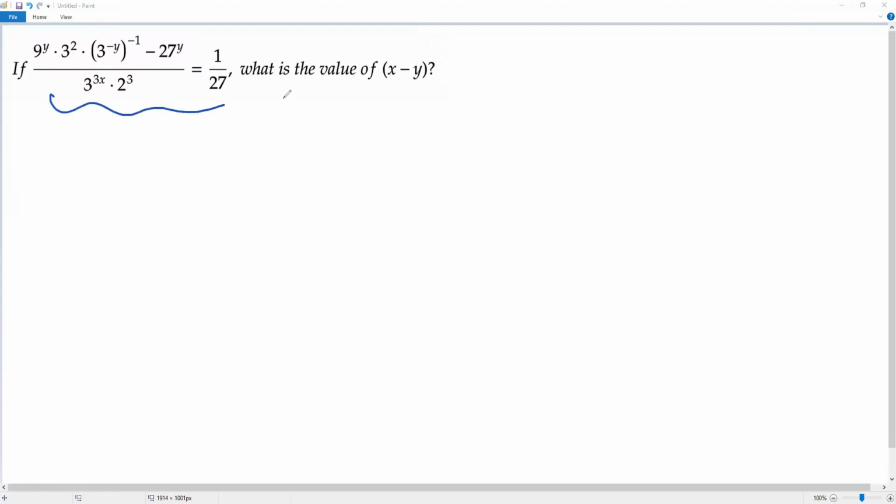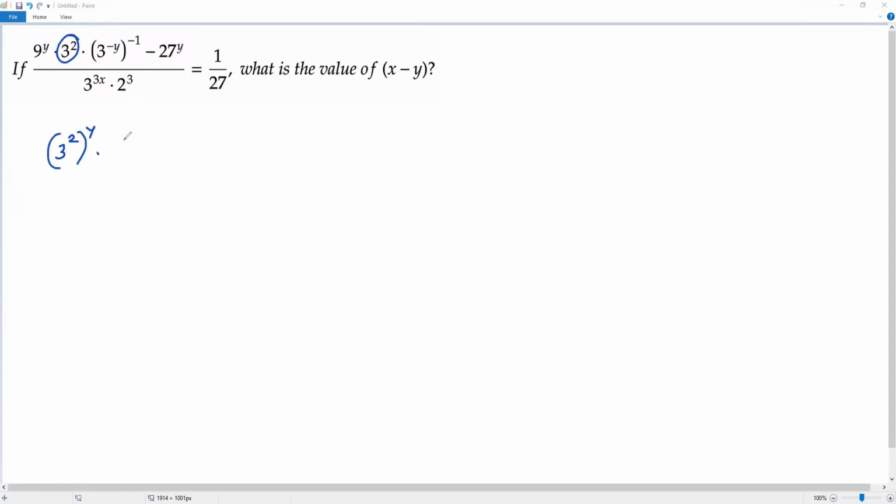Here we have an equation. In this equation, we have to find the value of x minus y. Okay, let's do some simplification in the given equation. Let me write this 9 as 3 squared. We can take this exponent y for this 3 squared. Then we get 3 squared, whole to the power of y, times